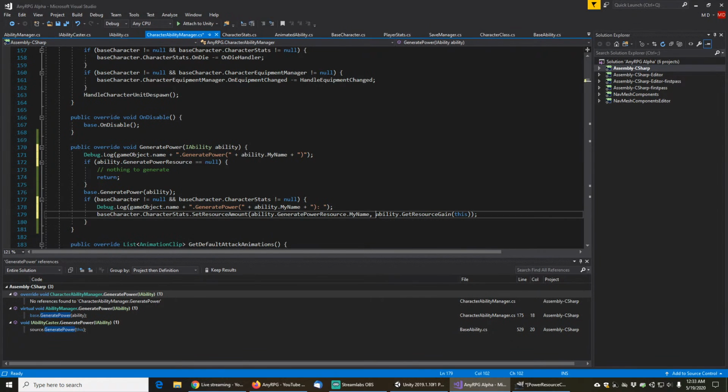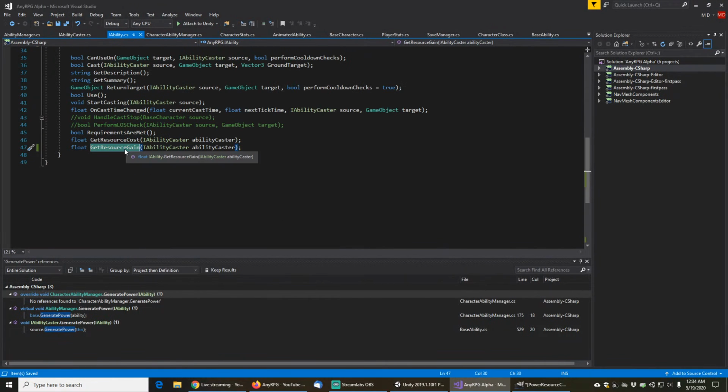And I want to know how much. And I want to know the name of the ability, or the name of the resource. Okay, good. So then